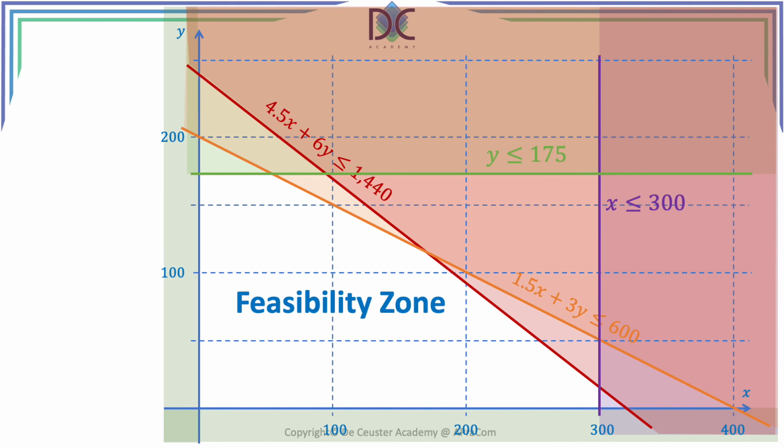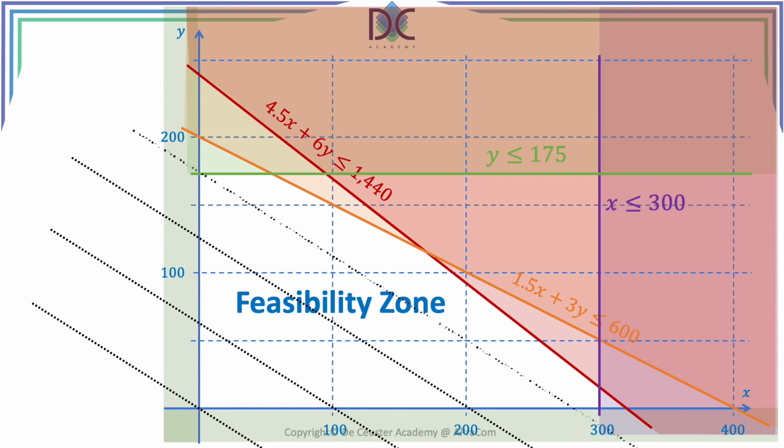Now, when we look at this, we can have different ways to do it. We can draw the objective function, and we can draw it as a line through 0, 0. Here we have profit 0. So basically, when we draw this line, this is an equi-profit line. All the points on this line have the same profit. Now here we have only one point within the zone. So we move further,